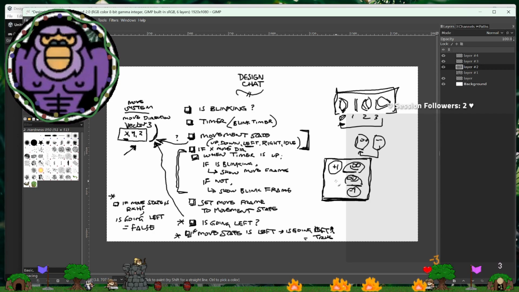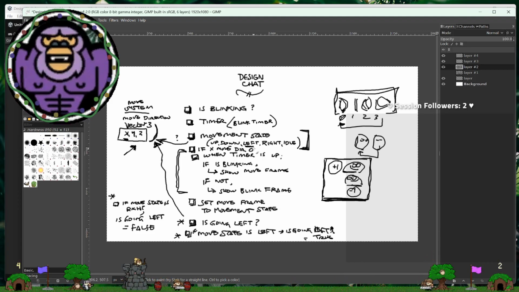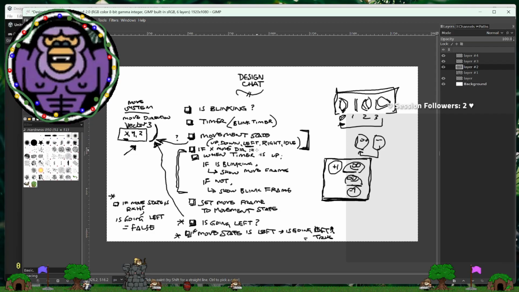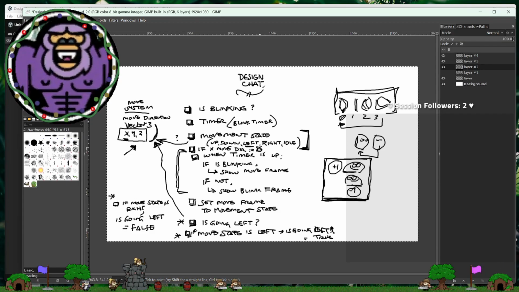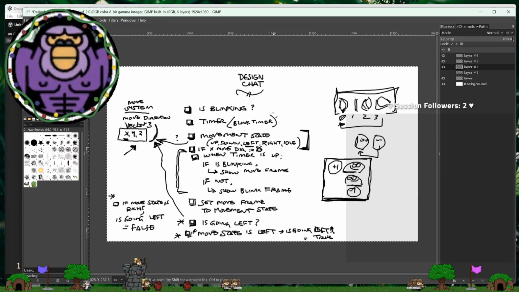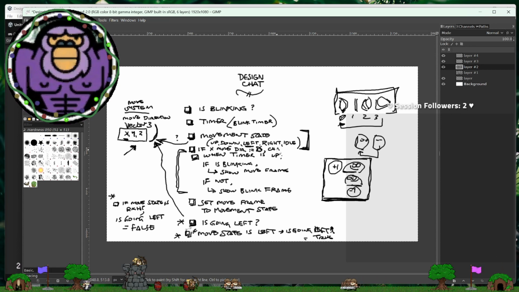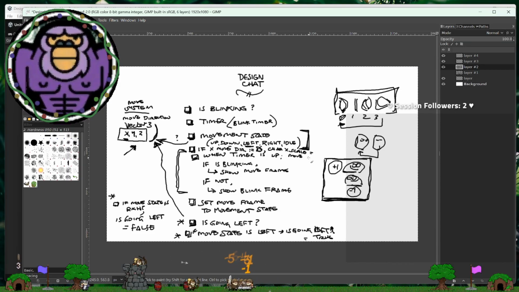oriented that way. If our move direction in X has a 0 in it, or let's say it's not equal to 0. This is actually how we say not equal to. If it's not equal to 0, then we orient the character scale. Character X scale equals move direction X.